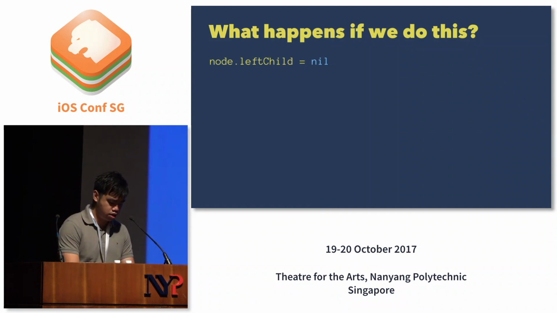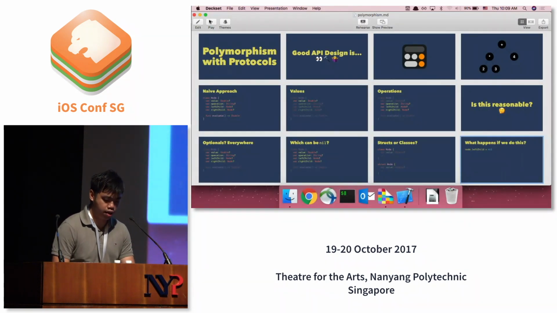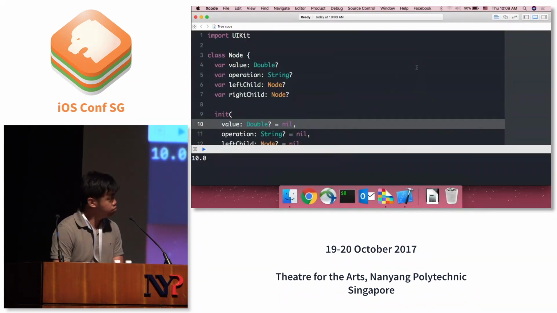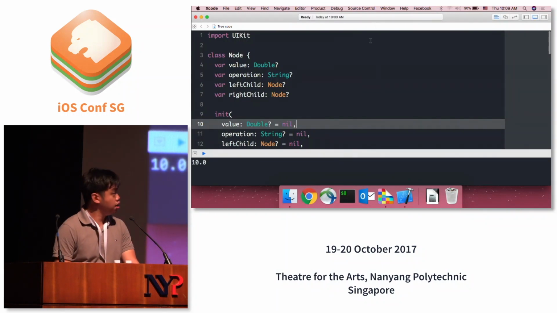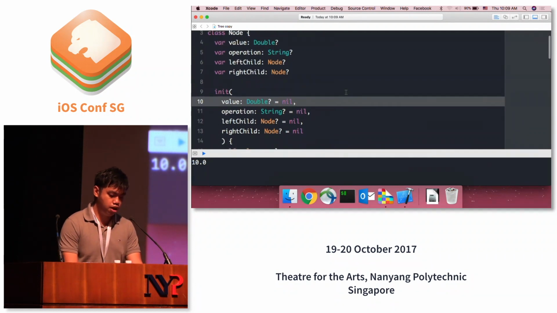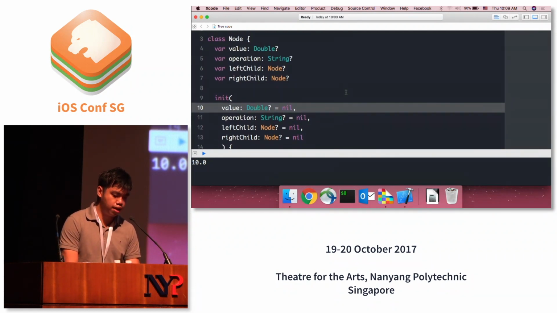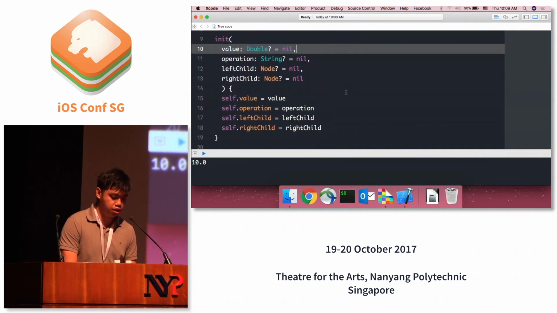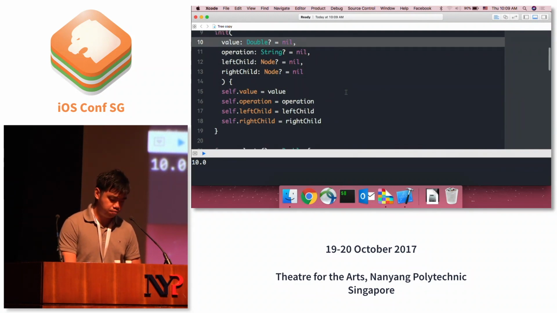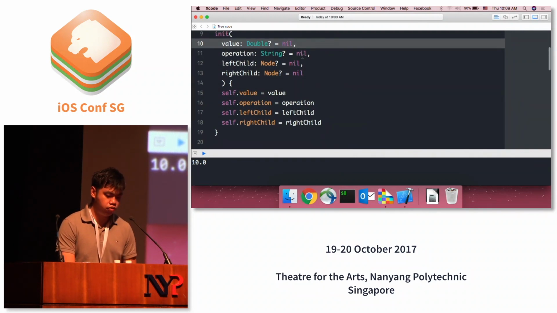So let's jump into Xcode Playground right now and see how we can improve this situation. So I have a playground right here. I'm just going to make a little bit more room and hopefully this is large enough for you to see. So we have our node class that we talked about earlier with the 4 properties. We have an initializer which does something really simple, and it just assigns the parameters to our properties. And for convenience, we have defaulted them to nil